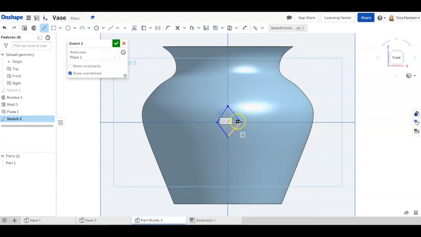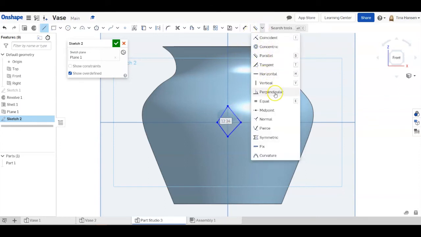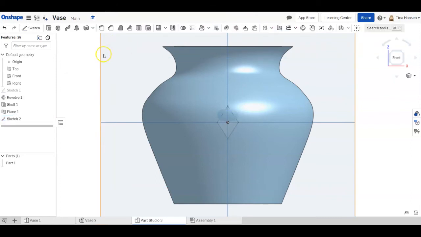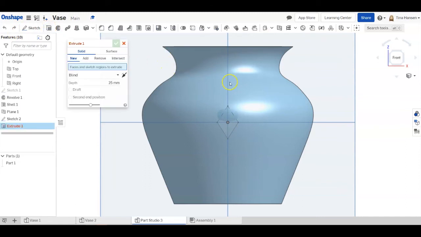Now I want all of these side lengths of my diamond to be equal, so I'm going to choose equal and then select ones to be equal. There we go. So I have a nice diamond shape that I can extrude. So close that sketch. Now I'll select extrude to get the diamond shape to extrude from the surface of that